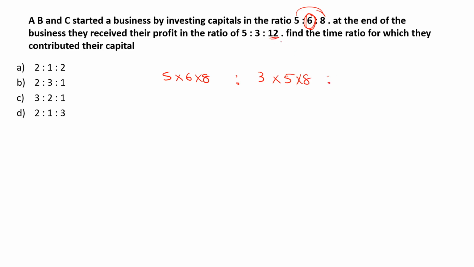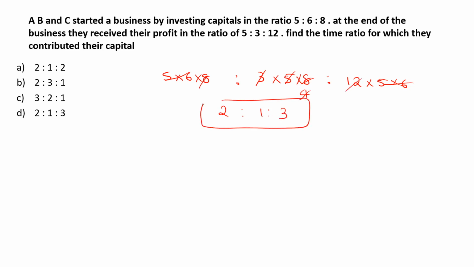In the same pattern, take 12 from here and take the other two respective terms, that is 5 into 6 from there, leaving the third term outside. Okay, just to simplify those, you can take 48 or something, 5 into 6, 5 into 6 and 5 into... for 6 just take 4 1s and 4 2s, 2 into 1 is 2, 4 1s and 4 3s, that is 2 is to 1 is to 3. This is another best way to solve this question. To solve this question, that is option D, 2 is to 1 is to 3 would be our answer.